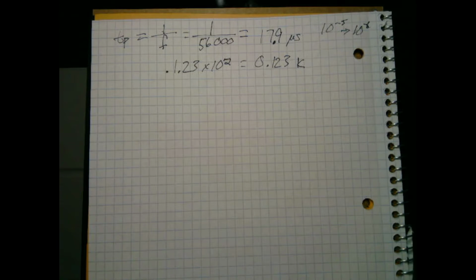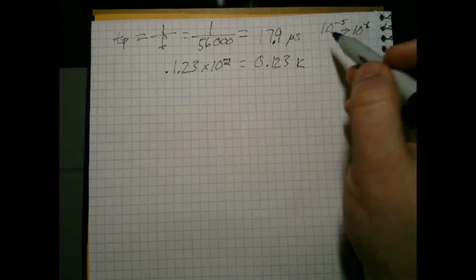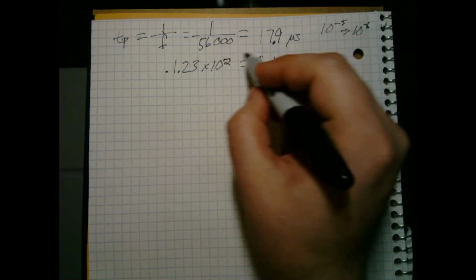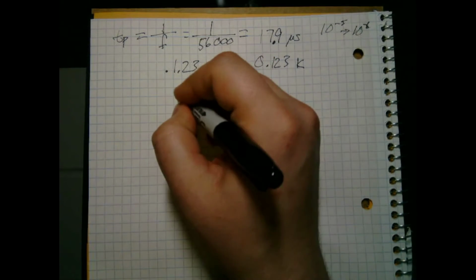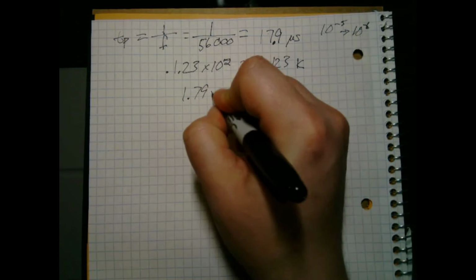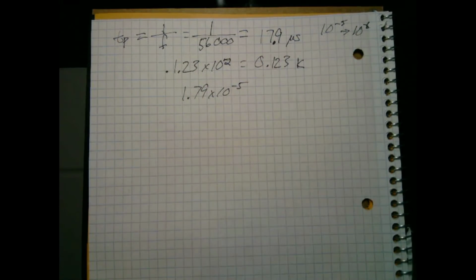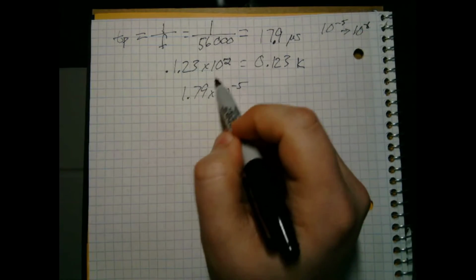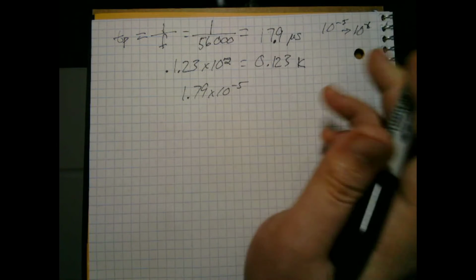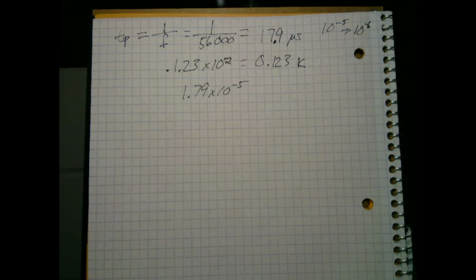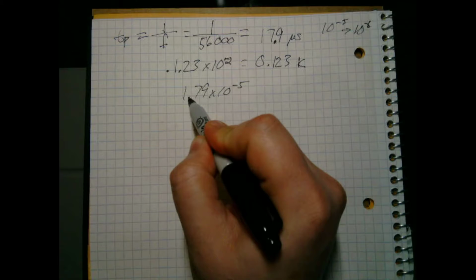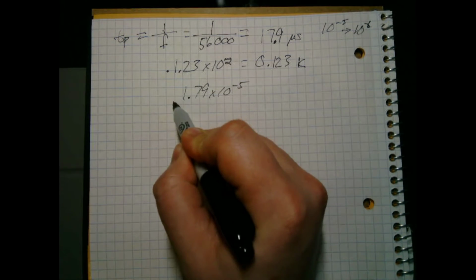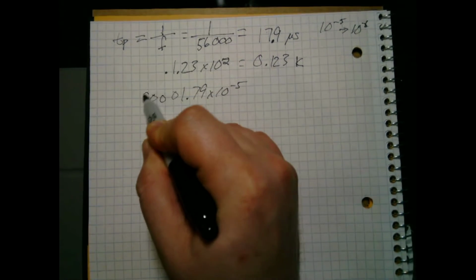So that's a little shortcut you can do when you're doing some of these calculations. Otherwise, it's totally fine to just take the 1.79 times 10 to the negative 5 that we had, and you can figure out what this is in seconds, no prefix or anything, by shifting over 5 times: 1, 2, 3, 4, 5